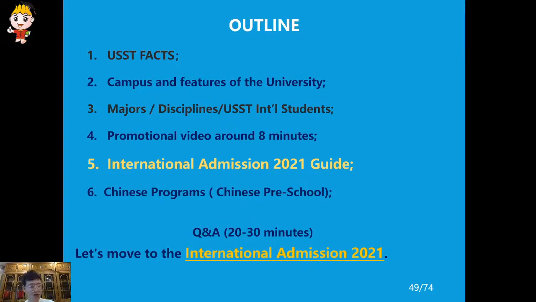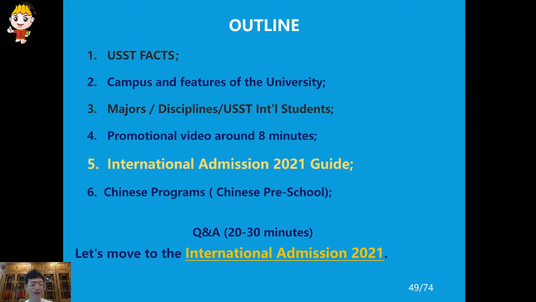That is international admission related information, or we call it the 2021 guide. And also I've noticed another couple of students proposed questions related to this part. So hope you guys keep tuned for this part. And if you have more questions, just feel free to propose your questions down there in the interactive column.